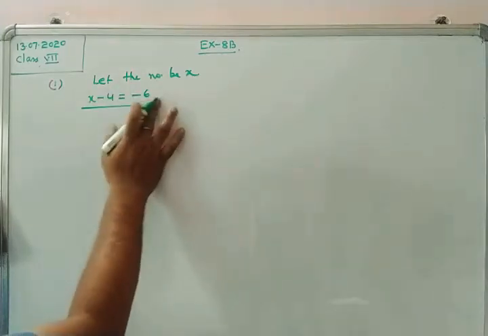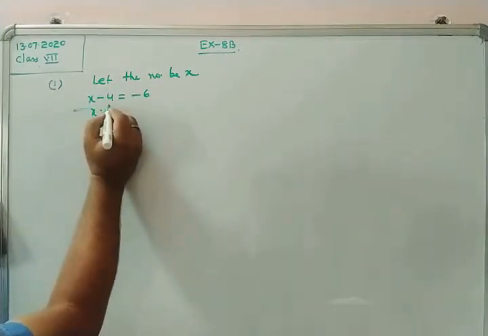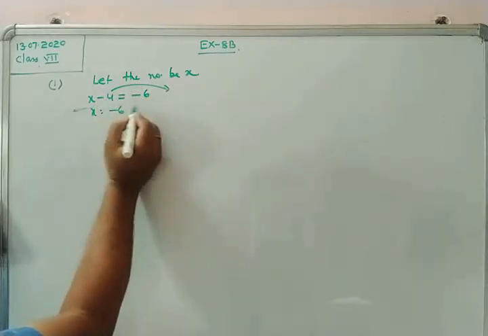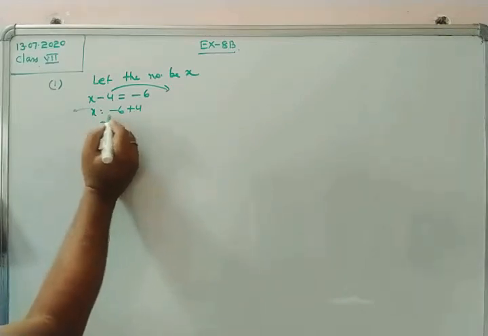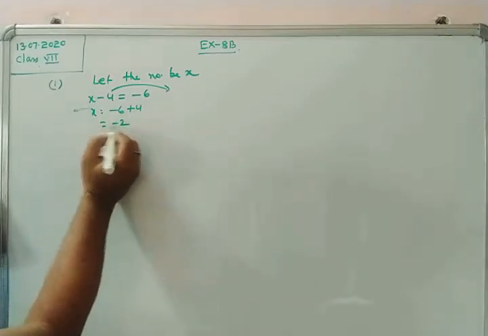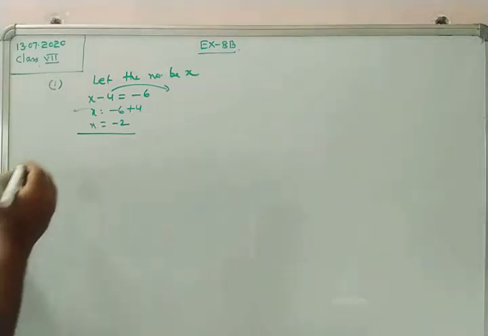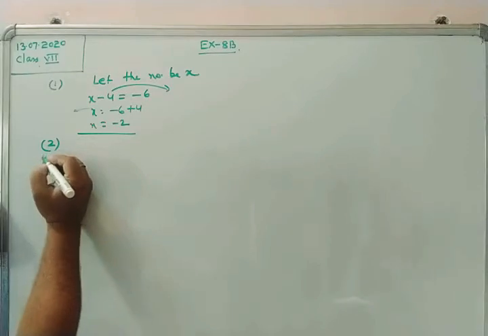It is very simple. How? x equal to, now minus 4 will be sent to the other side. So minus 6, minus 4 will turn into plus 4. So minus plus 4, that means minus 2. So x equal to minus 2 is your answer. Have you understood, students? What I am going to do now, from every question I am going to give you the linear expression.